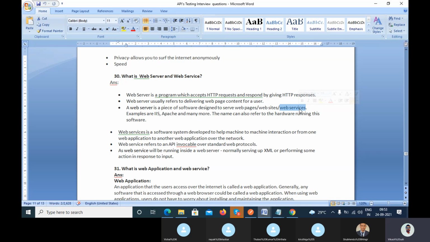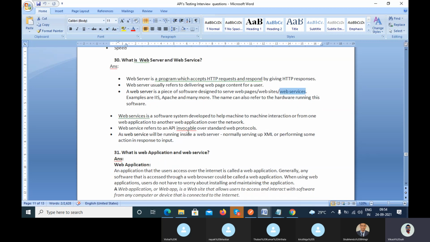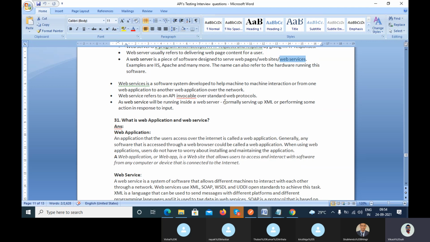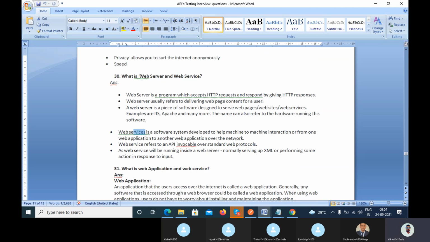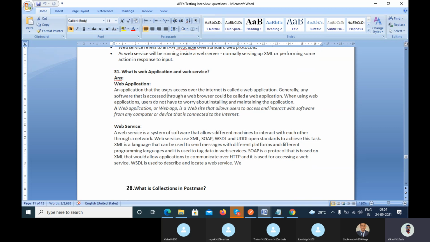It is just like a container where we are storing the web pages, website, and the web services. And this web service, which we use to make the communication using REST and SOAP, comes under the web server. Clear?